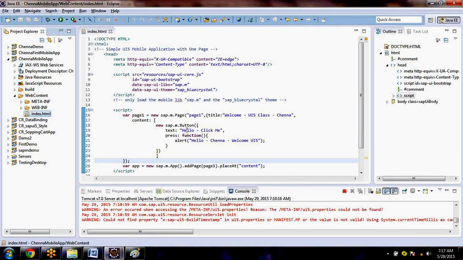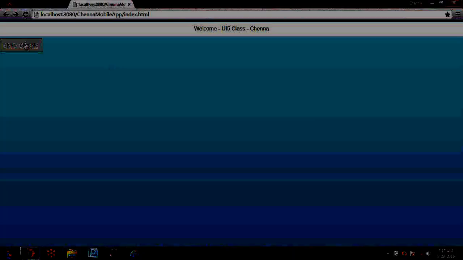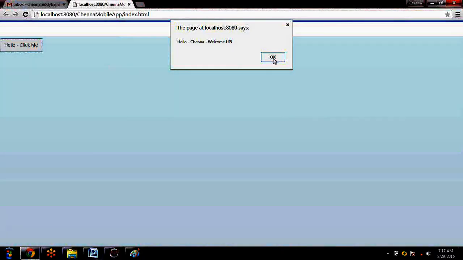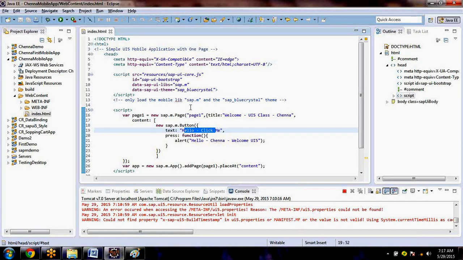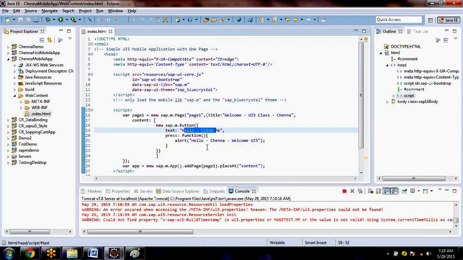And the text is there, right? The text I am typing here, I don't want to type it, I want to take it from somewhere else. Please start understanding the requirement. We have this application, that's fine. Now when I click on this one, you will get some message, that is also fine. Now I would like to attach an icon for this, and this text I would like to take from somewhere else. I don't want it hard-coded here.